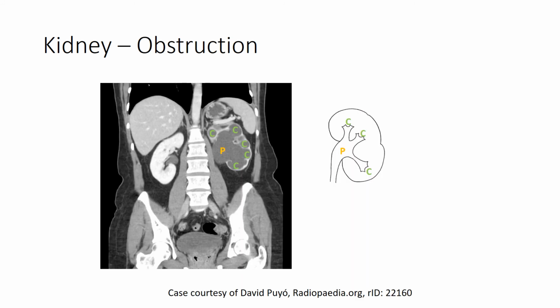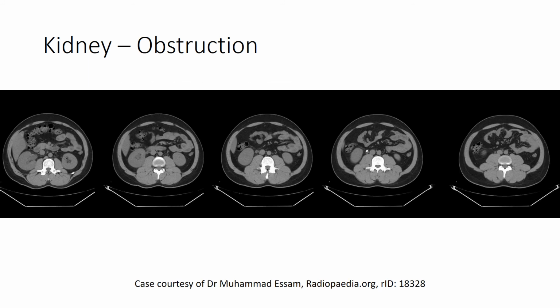Another common finding on CT scans is renal tract obstruction. Hydronephrosis is evident from dilation of the renal pelvis or calyces, as demonstrated in this quite severe example. Hydroureter will occur down to the level of obstruction. In this case, there is clear dilation of the renal pelvis on the right, with a dilated ureter shown down